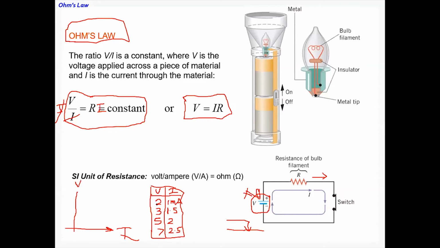Now, where does 2 and 1 go? This is 1. This is 2. This is milliamp, right? And this is 2, 4, 6, 8. So how do you plot this 1, 2? 1 milliamp on the x-axis. 1 is here. And what is the voltage here? 2 voltage here, right? You have a point here, like this. This is the first point. This gives you the first point.